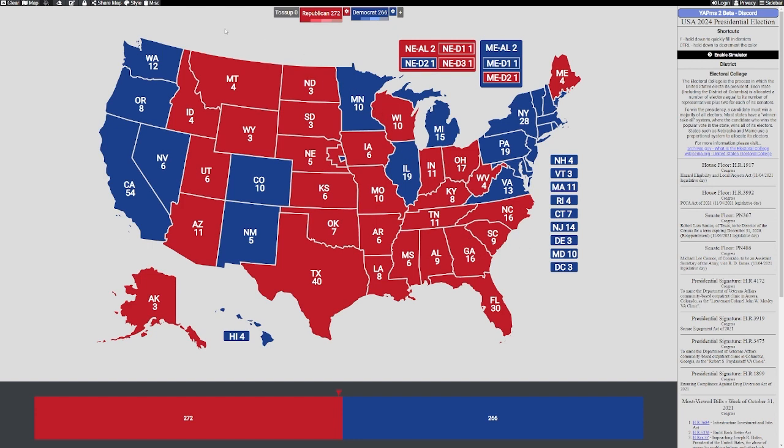Look at how that changed. It went from 269 to 269 to 272 to 266. 3 electoral votes, 3 going down into the South, into Georgia, into Florida. They increased the Republican vote nationally, and they changed the election from going to the House of Representatives to sticking to the Electoral College. How significant is that?